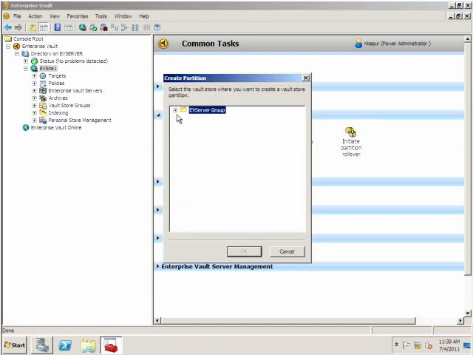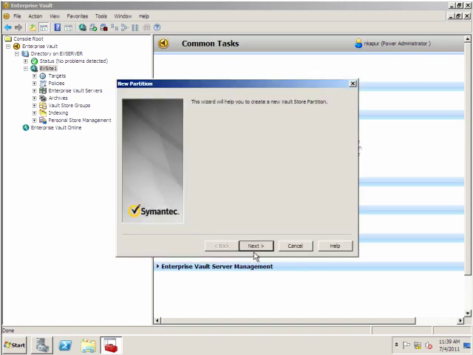And it opens up the only Vault Store group that we have, which is EV Server Group. When we expand our Vault Store group, it shows us the 2 Vault Stores that are available, Corporate Compliance and Information Management. The Corporate Compliance one, as we saw in a previous demonstration, we have set that Vault Store up to support the Journal Archive, which has the Journal Mailbox as a target. So we're going to set up these groups and perform the partition rollovers in the Corporate Compliance Vault Store. So I select my Corporate Compliance Vault Store, and then I can click OK, and it brings me to the